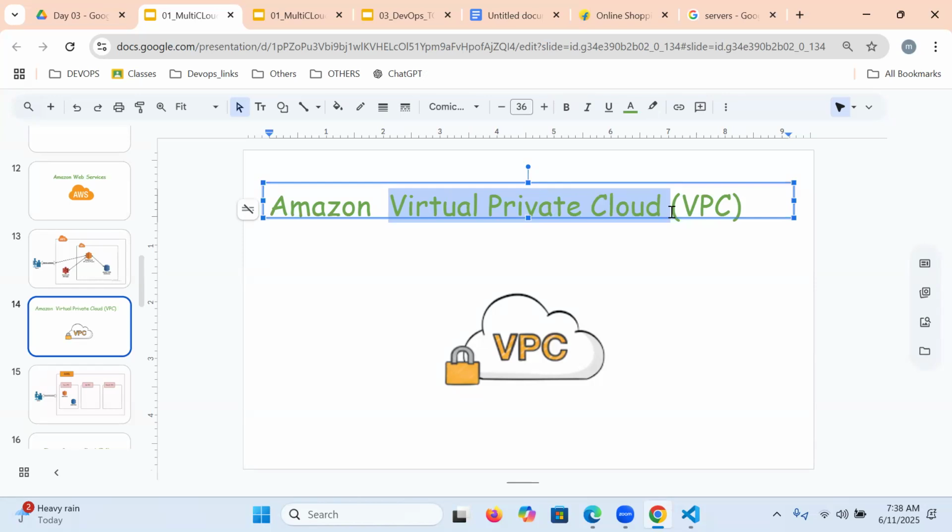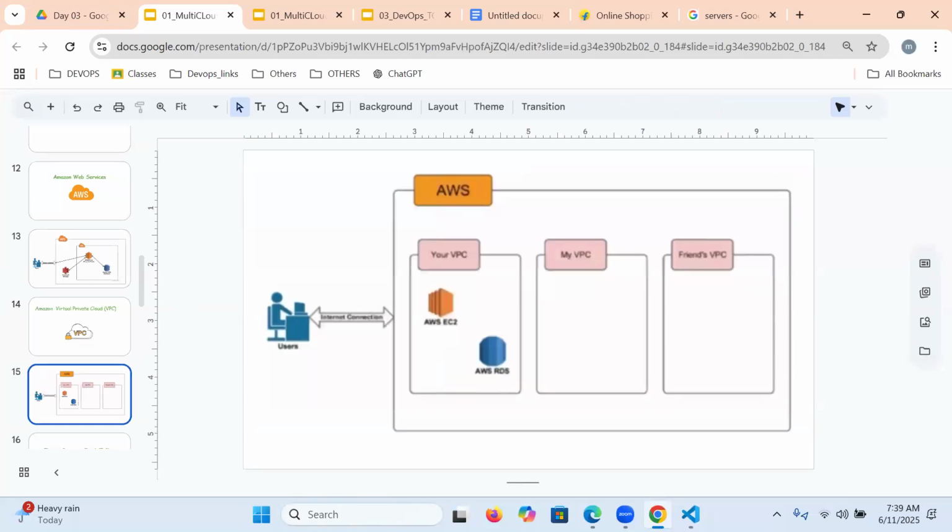It is just like your office network. If you go to any office, the computers are connected with what? They use private physical wires with the computers, am I right? The same kind of network which we can get over the internet. Repeat again: an office kind of isolated private network, if we can access it over the internet in virtual form, is nothing but what? VPC.